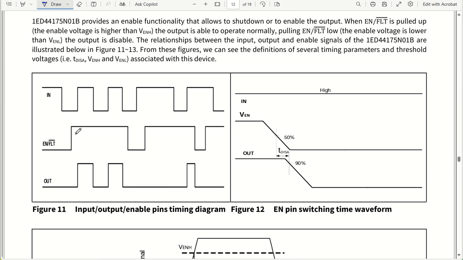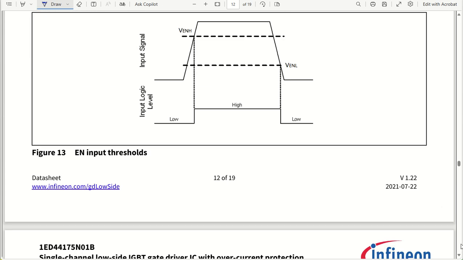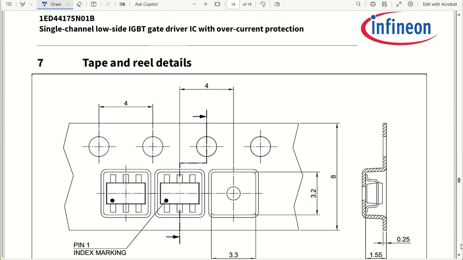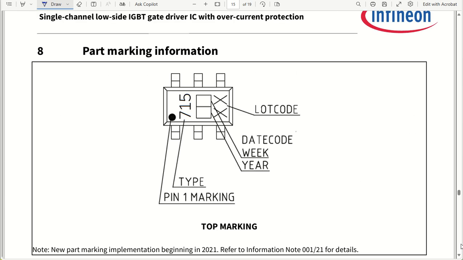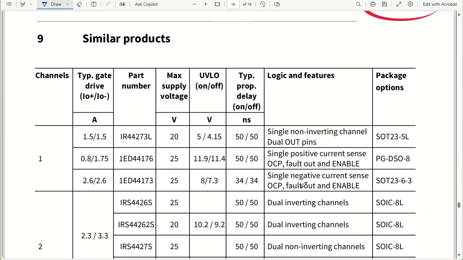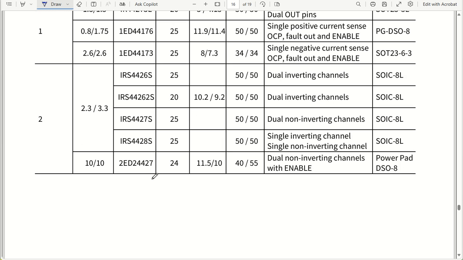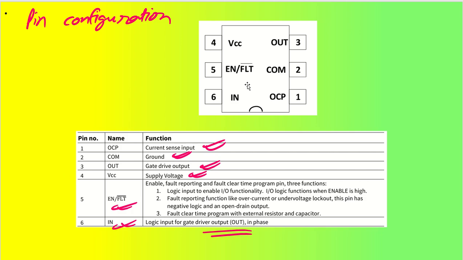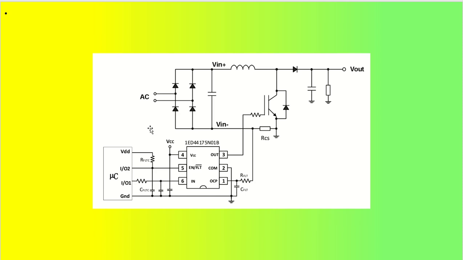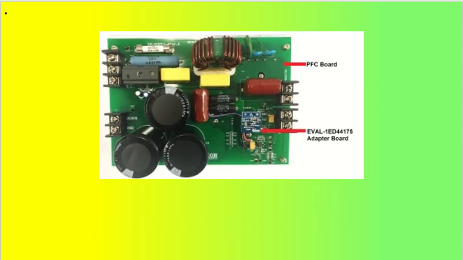Good. So enable pin we have already understood, and fault pin we have already understood. So that's all. So this was all about this particular IC, the gate driver IC. Now coming back to the application that we have seen, we saw the pin configuration, then we saw this typical application also, and then if you talk about the evaluation board that they have already designed,